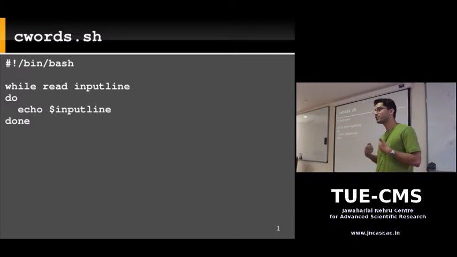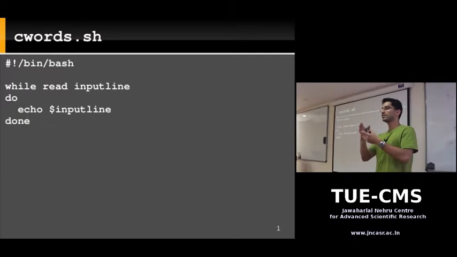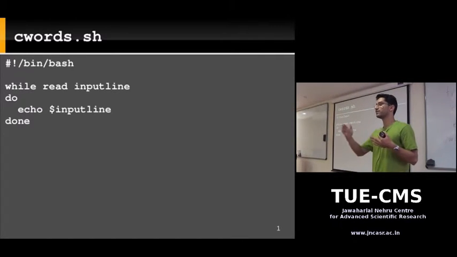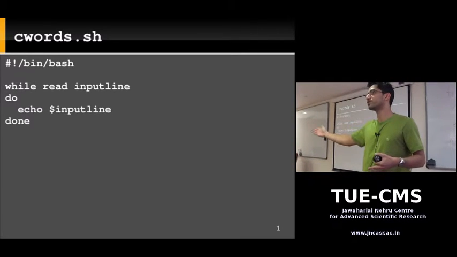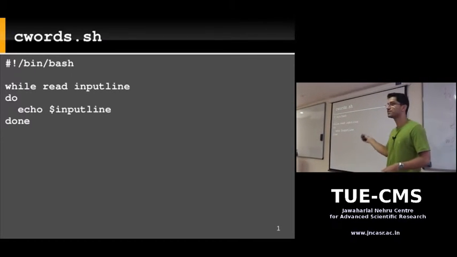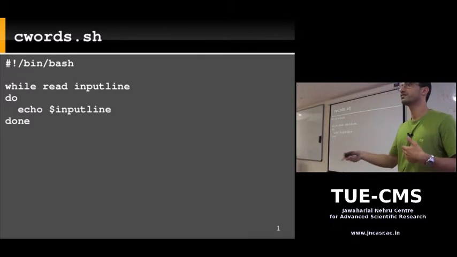The next time you execute a read command, what do you get? You get the next line. You don't get the same thing, because there's a thing called a file pointer. Whenever you read from a file, the file pointer moves. So if you read 5 bytes from the file, the file pointer moves 5 bytes. The next read command reads whatever comes after that. So that's what read does. It's reading from the standard input file, and whenever you run read, it continues from the file pointer.